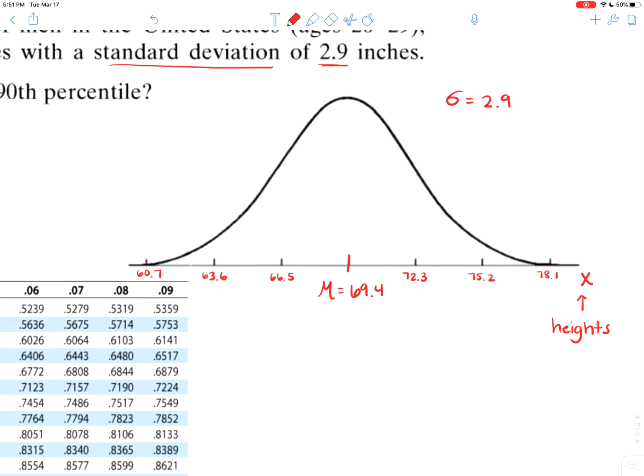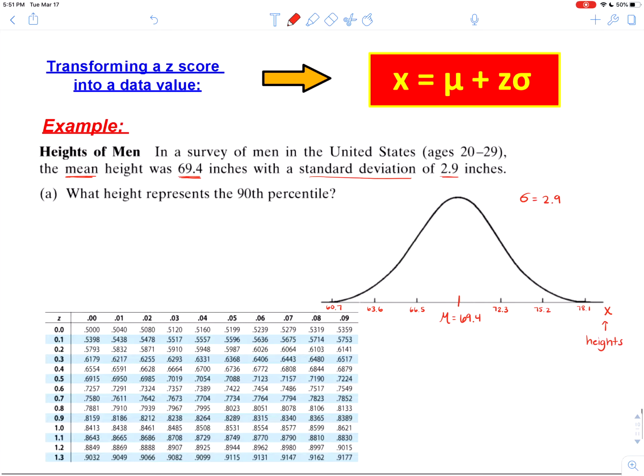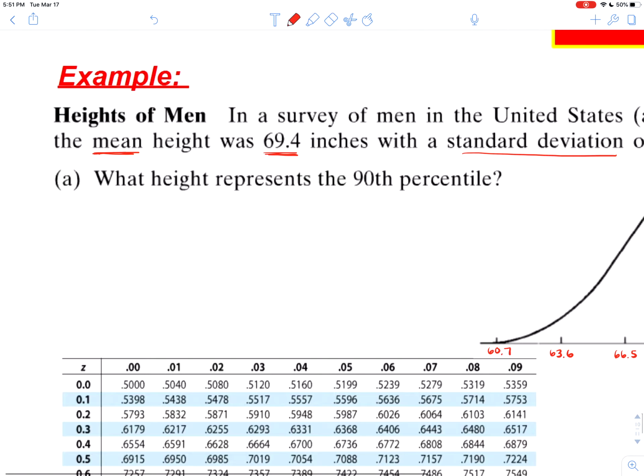So I went ahead and sketched out the normal distribution here based on the mean and the standard deviation. And notice I'm labeling this in terms of x, not z, because these are not values from the standard normal distribution. Now the next thing I'm going to do is look at what the question is asking. I want to note right here, I'm being asked for a height. That means I need to find the data value